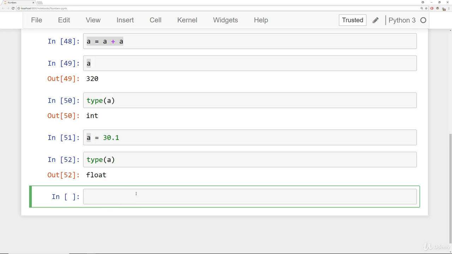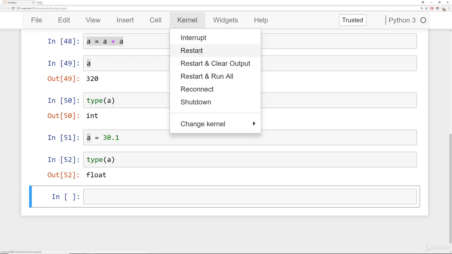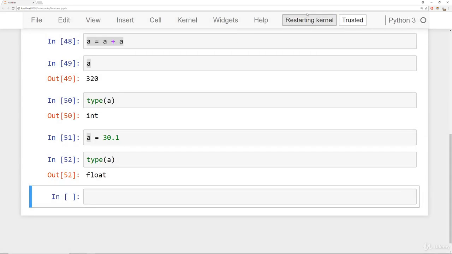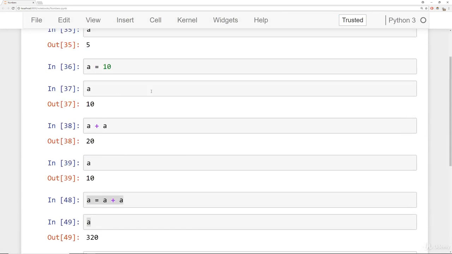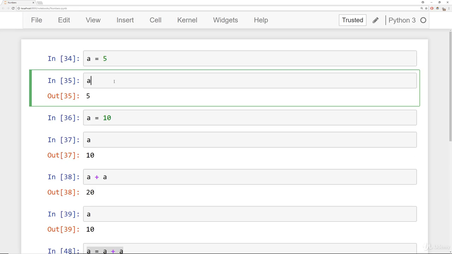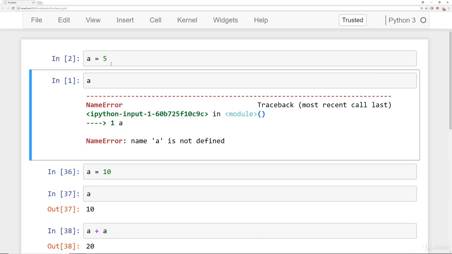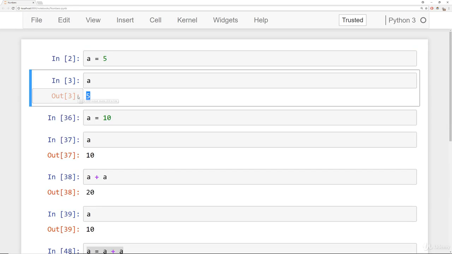And if you accidentally ran that as you were following along, or maybe you made some other reassignment mistake, you can always come here to Kernel and select Restart Kernel, and that will delete all the variables. So all variables will be lost. So if you ever have some weird error happening because you reassigned something like list or int, you can hit restart here. It will restart the kernel, and then you'll need to run these cells again if you want to define anything, because if we say a here, it'll say, hey, a is not defined. So you need to rerun these cells, and then you have 5 again.